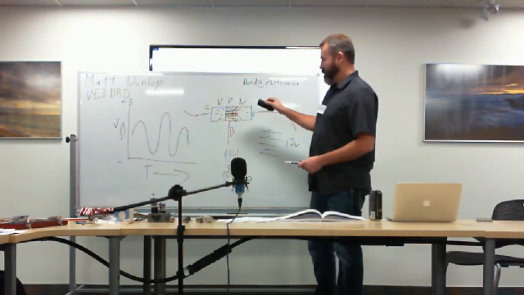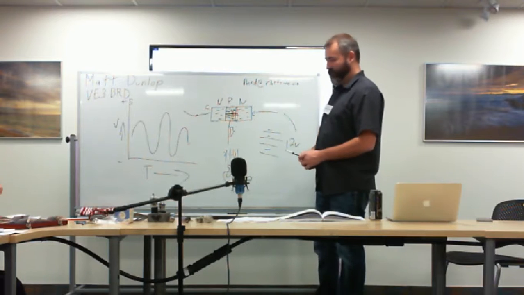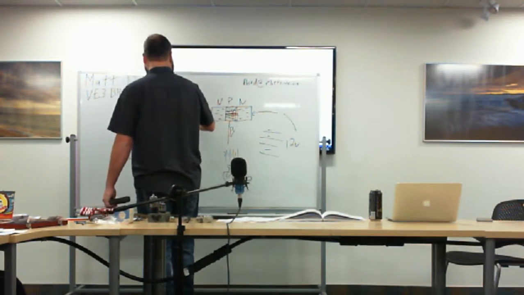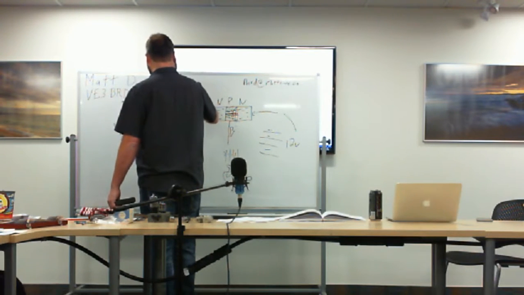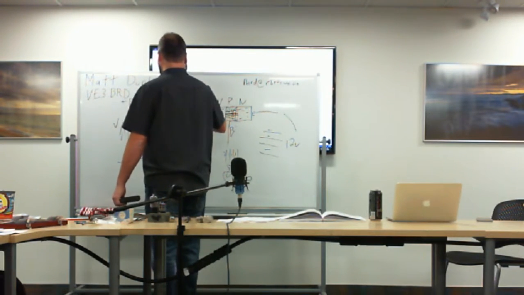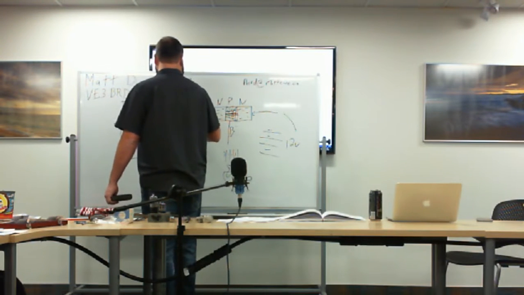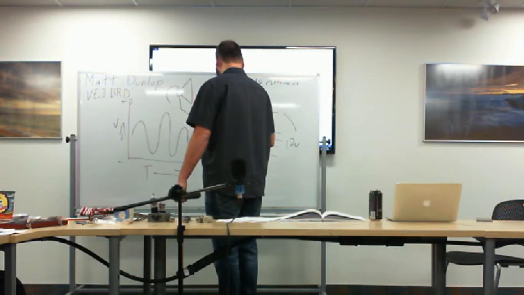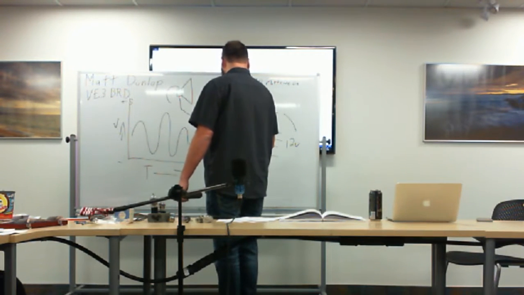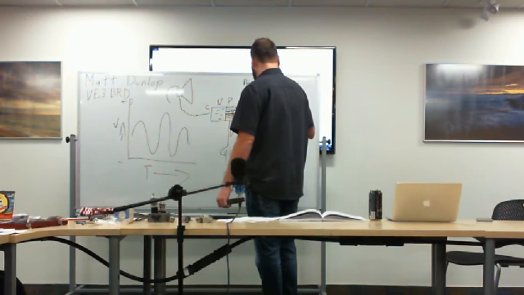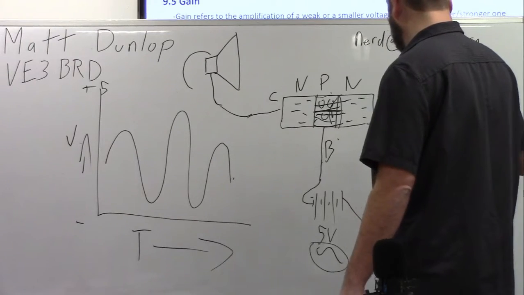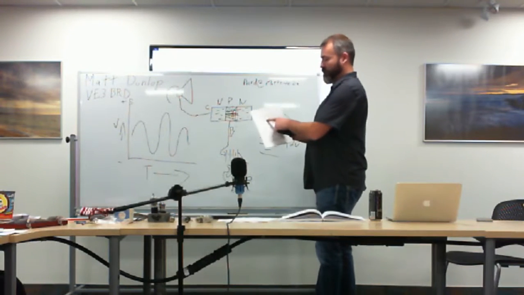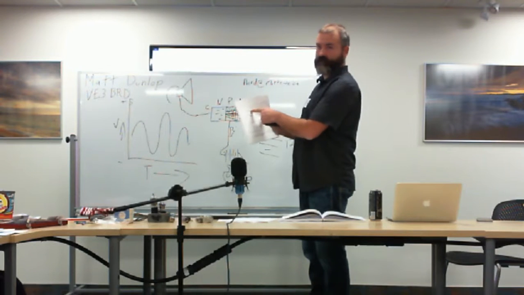And where would the speaker be hooked up in that circuit? In this circuit, the speaker would be over here on the collector side. And then that would go back to the negative of the 12 volt? That's correct. So this is a positive, so this guy goes in here. Negative, so we're gonna actually have a diagram. It would take the place of where the resistor is in the diagram. Okay.